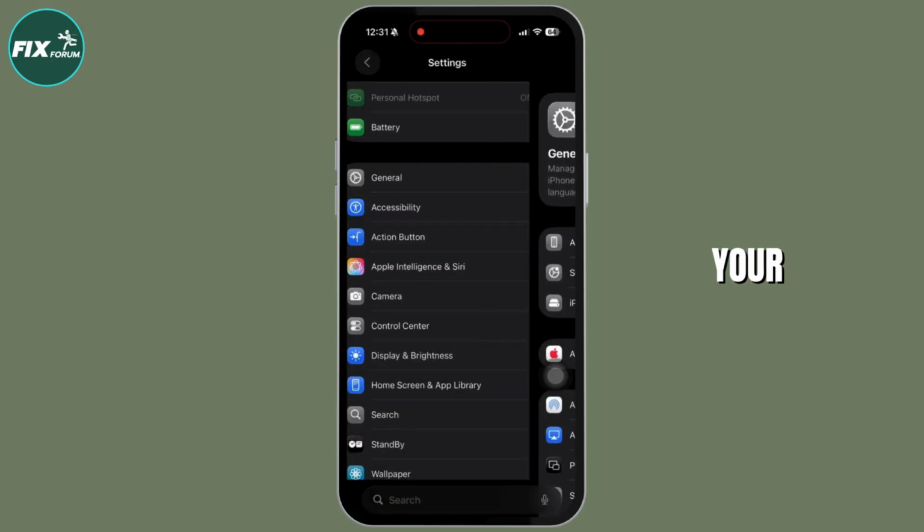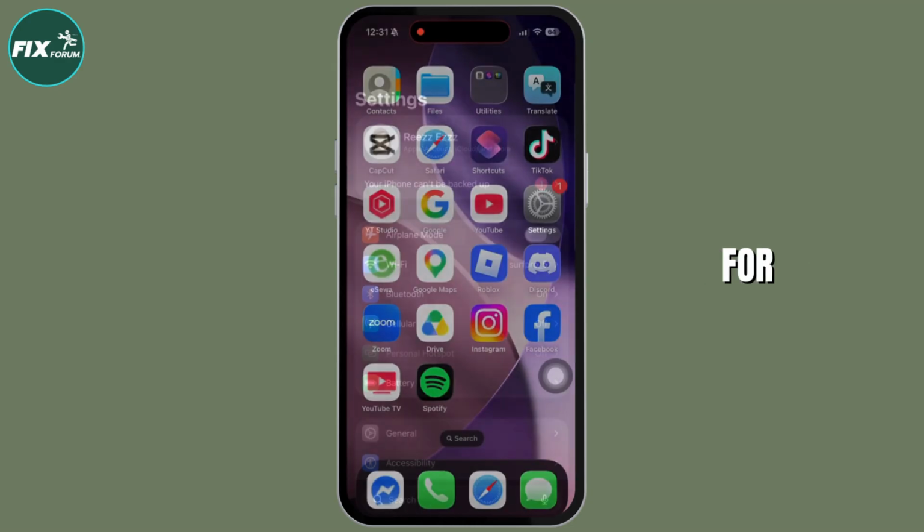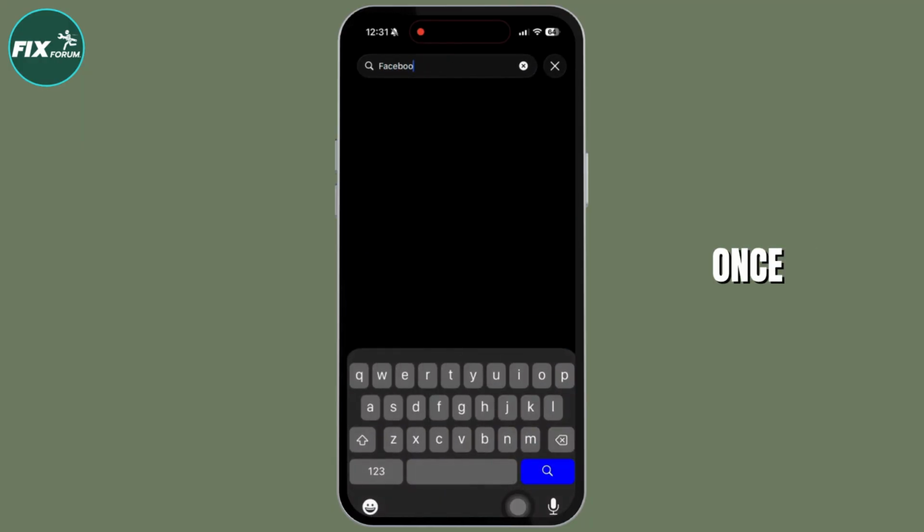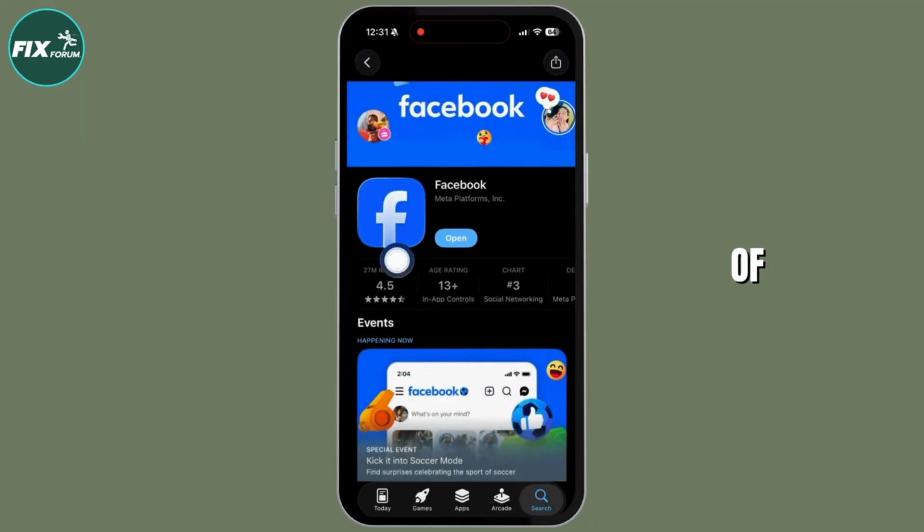Next up, restart your device. Likewise, check for app update. Head over to App Store or Play Store, search for the app Facebook. Once the app appears, if you find the option of update, click on it and update the app to its latest